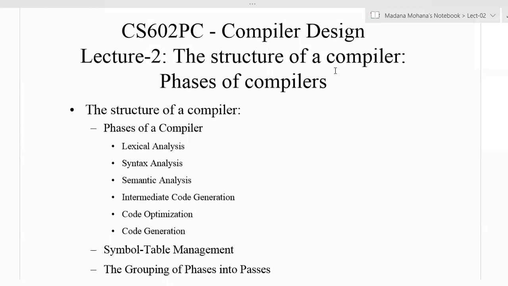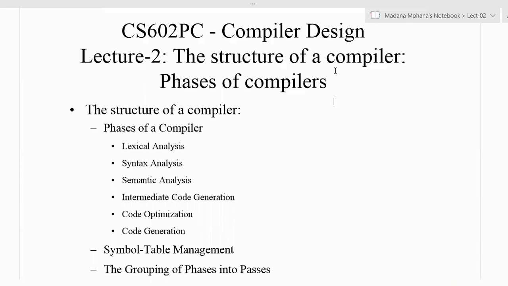In this lecture, we are going to discuss one of the important topics, phases of a compiler. Last class we discussed what a compiler is, what the role of a compiler is, what an interpreter is, differences between compiler and interpreter, various cousins of compiler like preprocessor, assembler, linker, various applications of compiler, compilation technology tools, and the analysis and synthesis model.